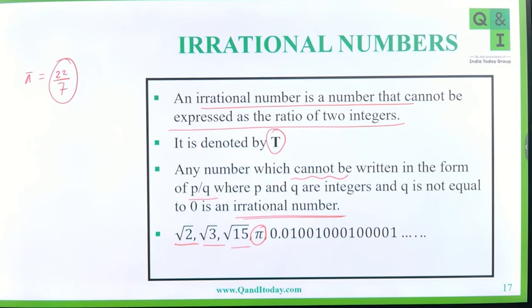Yes, Himanshu, correct. This is an approximate value, right? This is not an actual value. That's why pi is not exactly equal to 22 by 7. It is an approximate value. So basically the value of pi is non-terminating